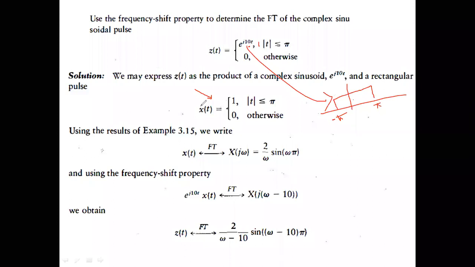So what is the Fourier transform of a rectangular pulse? The Fourier transform of a rectangular pulse is a sinc. Using the ready result, it is 2 by omega into sine omega into pi. Again this is from the ready results. Now multiplication by an exponential in the time domain results in every omega being replaced by,